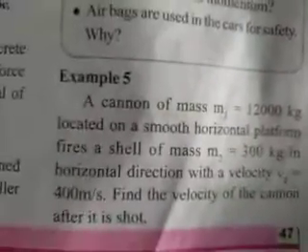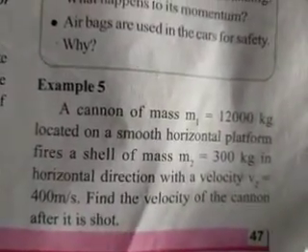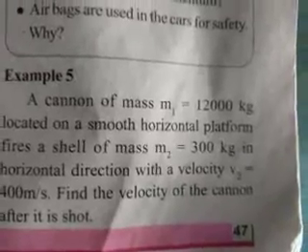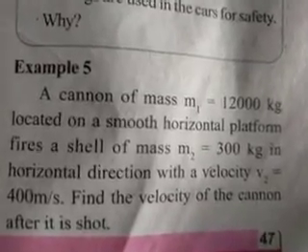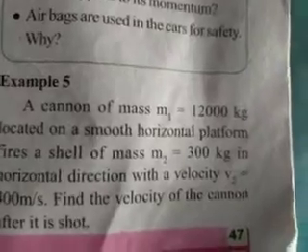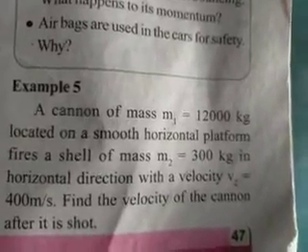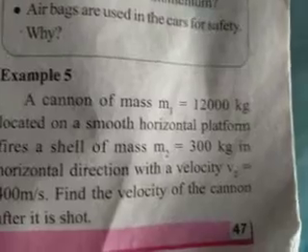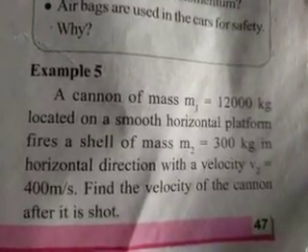A cannon of mass m1, that is equal to 12,000 kg, located on a smooth horizontal platform, fires a shell of mass m2, 300 kg, in horizontal direction with a velocity v2 equal to 400 meter per second. Find the velocity of the cannon after it is shot. Okay, children,